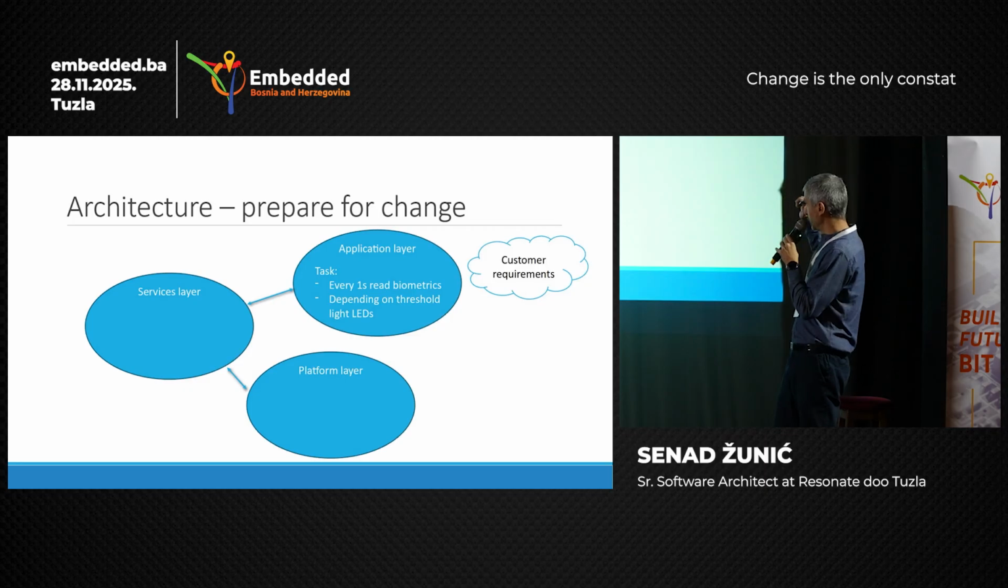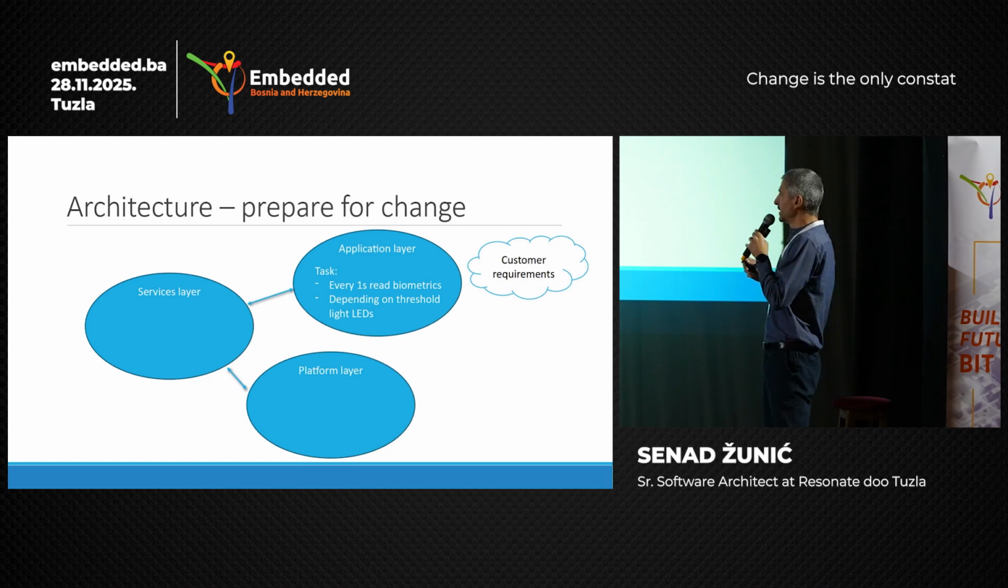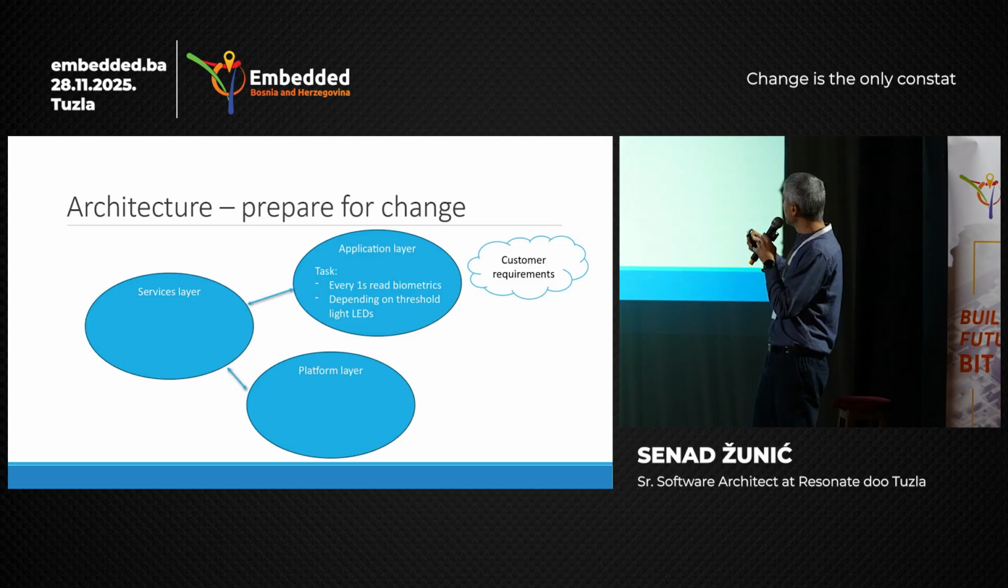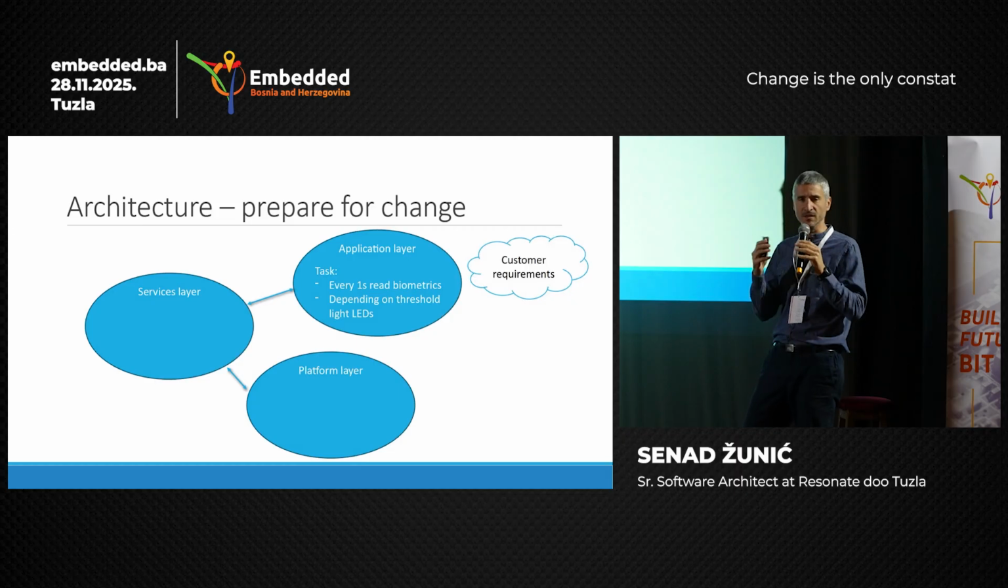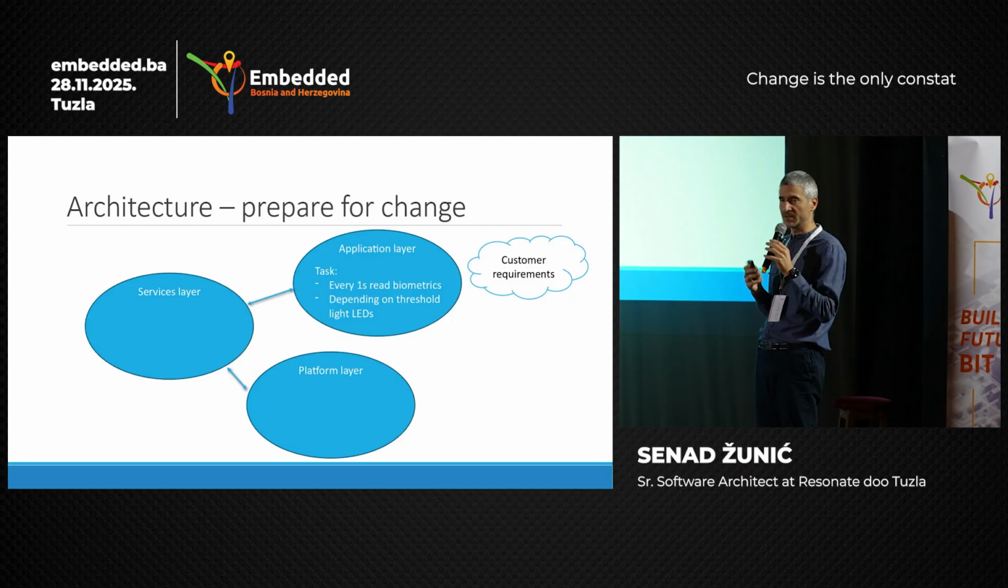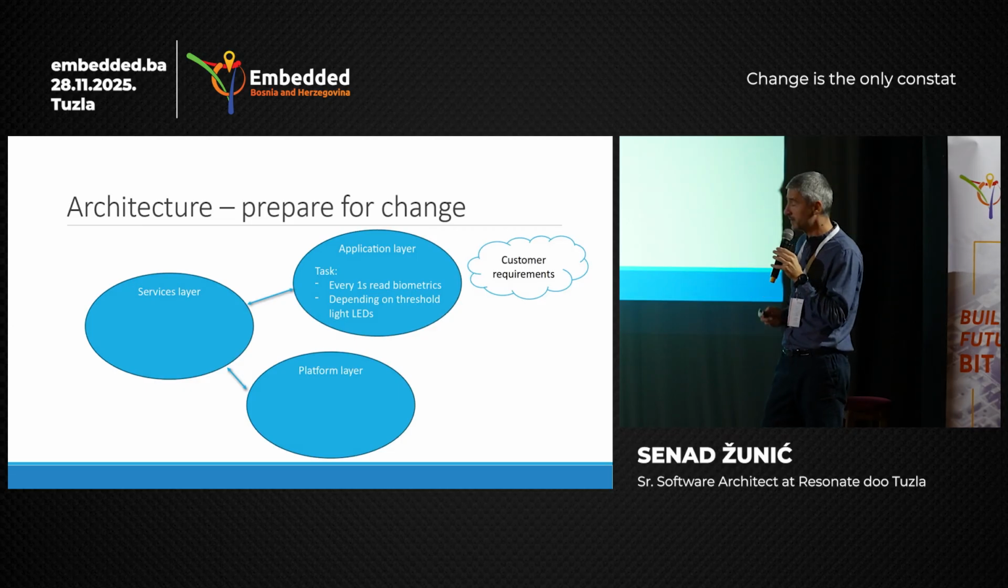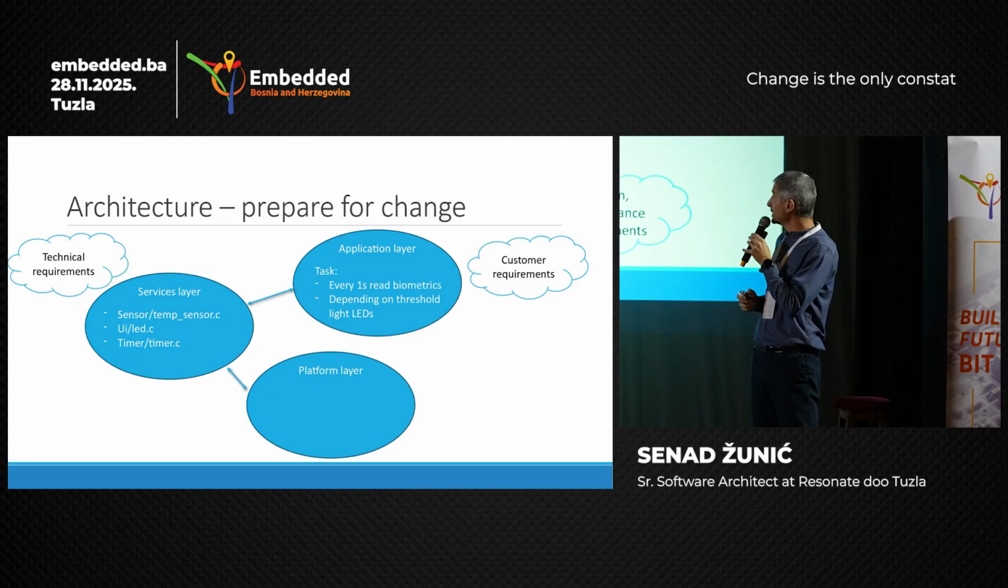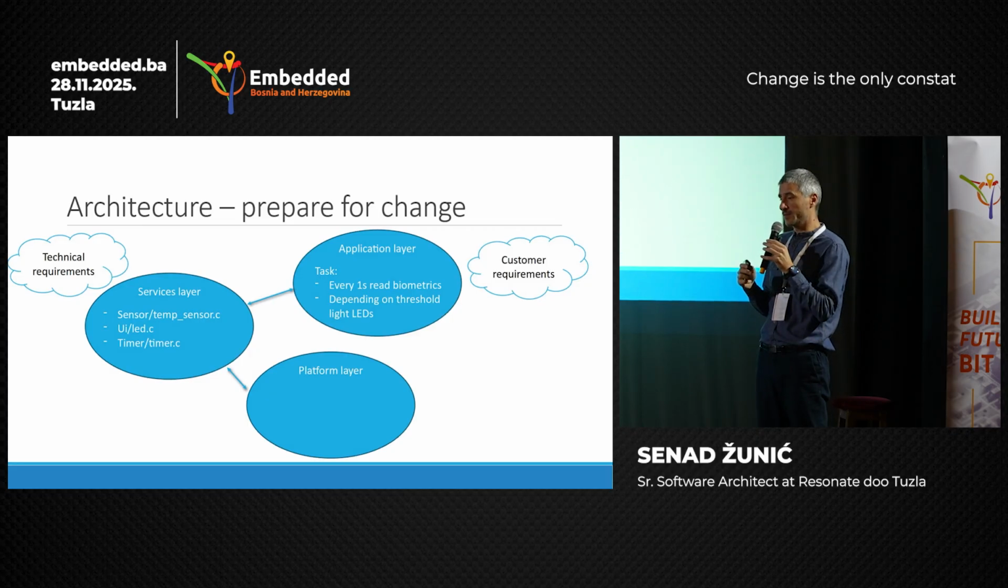You have an application layer, a service layer, and a platform layer. These are pretty general names, you can choose your own. The application layer is something that most likely comes from the customer requirements. The customer requirement says, I want temperature read every 1 second, and on top of that temperature, I want a specific LED to turn on and off. It's a really rough customer requirement that you put in that upper layer, let's call it the application layer. Then the services layer comes, which comes from the technical requirements that you and your team wrote, and it's really specific on what sensors and